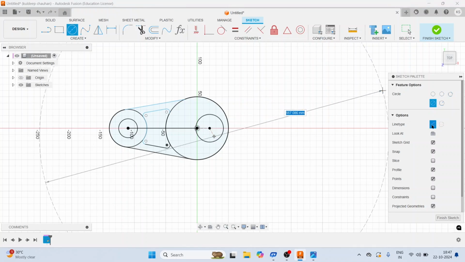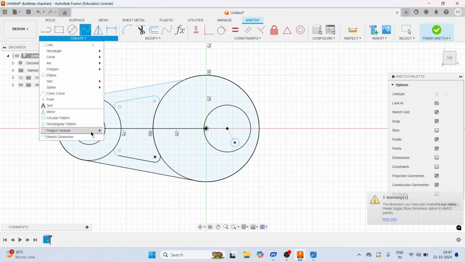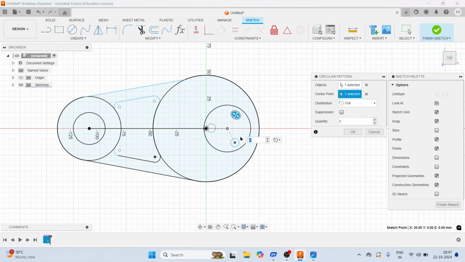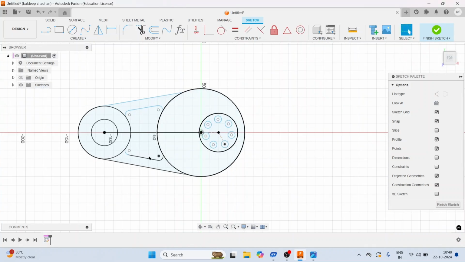We will turn off the construction line. Now we will go to the circular pattern, select this circle, select the center point as this, and the number of circles is 7. So here our 7 circles are ready.